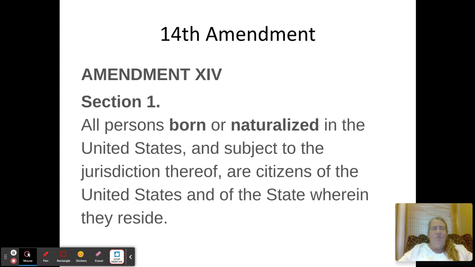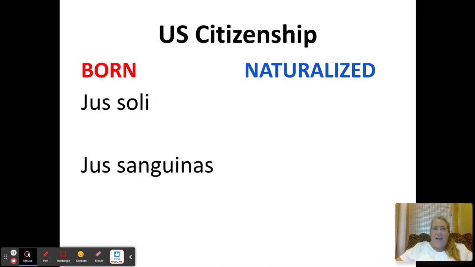So I've always been tickled that in their mind, it was, I think, natural for them to understand who is actually a citizen of the United States of America. And as you know, the 14th Amendment was one of the Civil War amendments, which gave citizenship to African Americans. So let's really look at being born or naturalized. The Constitution says a person is born, and the legislative branch has defined what it means to be born in the United States.